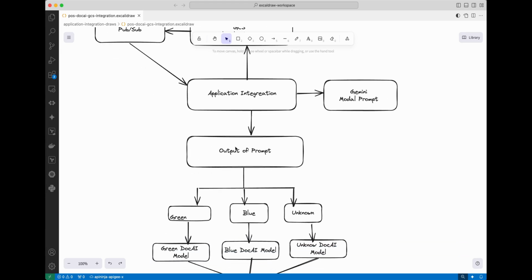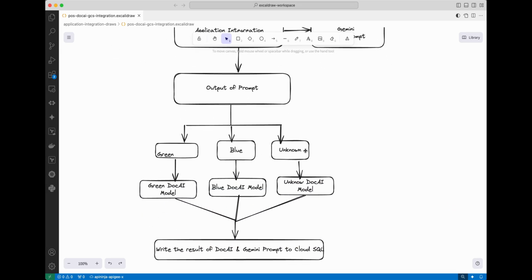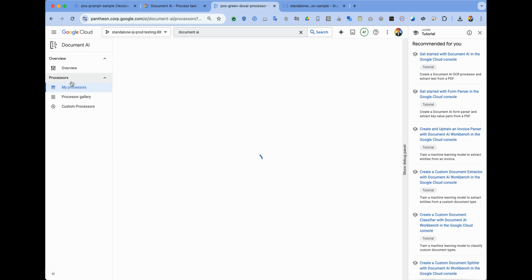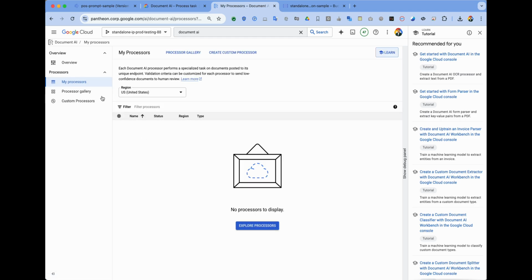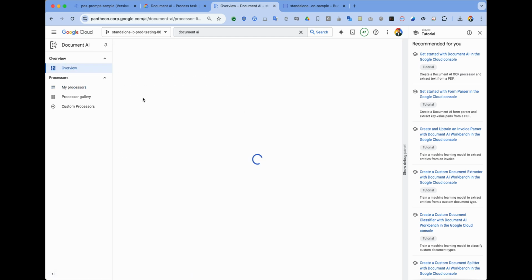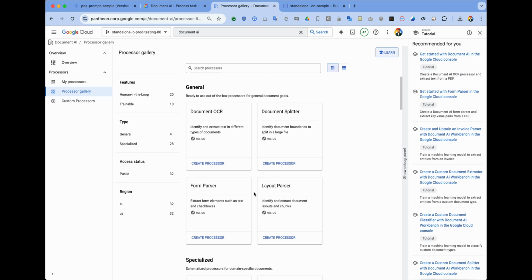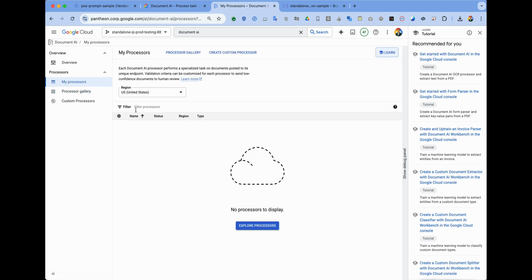So now the next step is that we got the output of the prompt, and we are getting green, blue, or unknown output. Now we need to call a separate DocAI model, and to do this we are going to use a conditional statement, and that is the next step. I also need a sample DocAI model or a processor running in DocAI, because it's not a DocAI tutorial. You can go and create multiple processors in DocAI depending on your use case. What I did, I just created a very simple document OCR processor, and I will be using the same processor for different conditions. But if you have multiple processors which you want to call, that is what you can call using